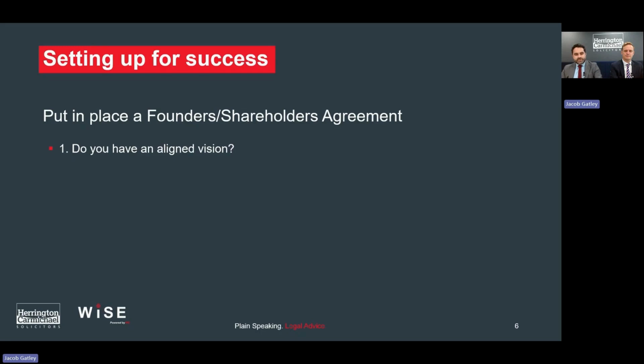So just to move on to the main substantive bit of this slide, we're just going to cover a few things to consider when drawing up your own founders agreement. The first one being, do you have an aligned vision? A good place to start is to agree on the overall goal and vision of the business. If you can't agree on where the business is heading and what your aspirations are, then arguably there's